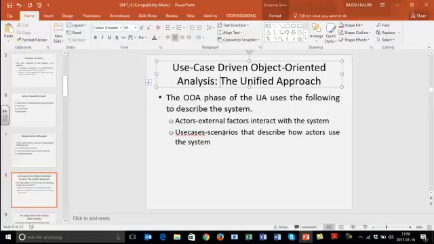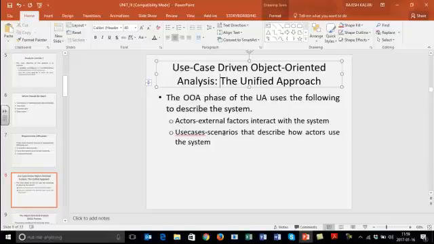So if you take any system, obviously there are a number of actors, and the processes which are carried out by the actors will be called use cases. So a number of actors and a number of use cases will be there for each and every system. And similarly, if you look at what are all the steps involved in this object oriented analysis process,